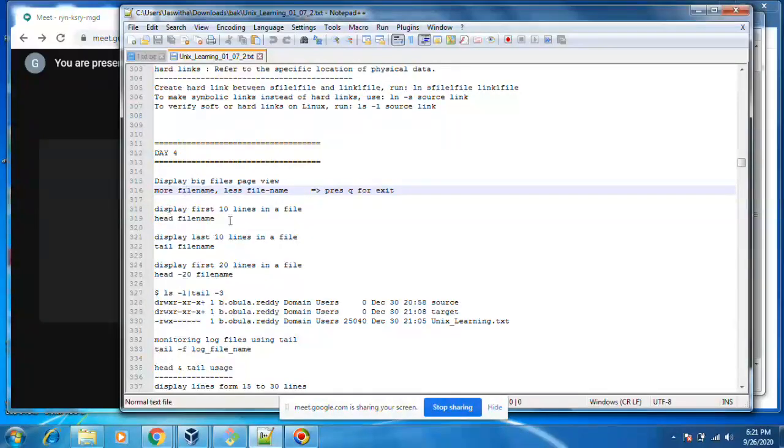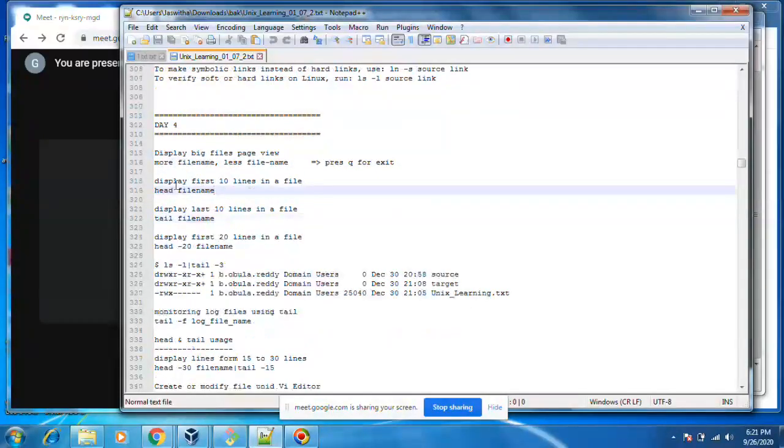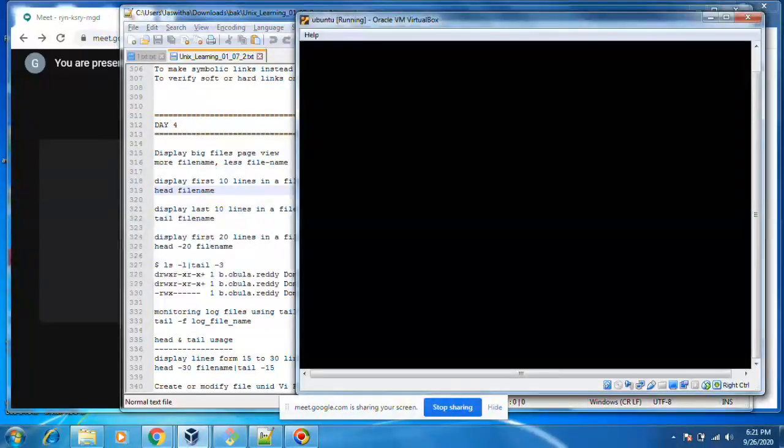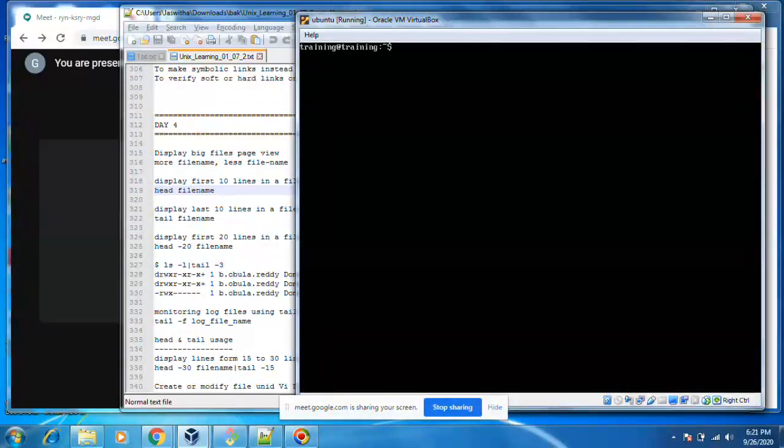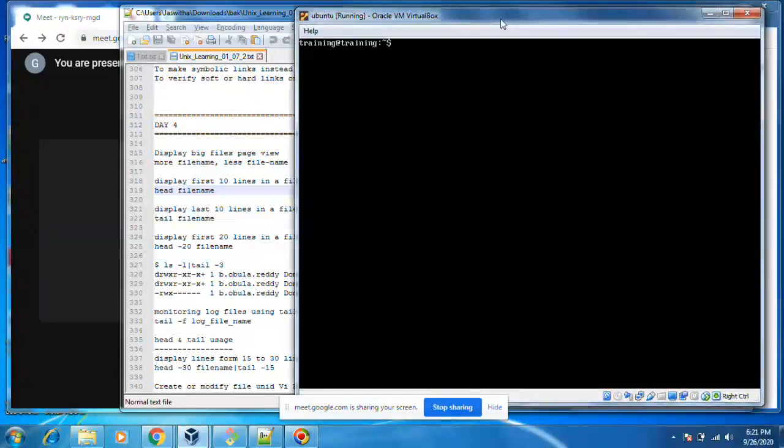Next thing is to display the first 10 lines in a file. I'm just redirecting the history into one file, history.txt.